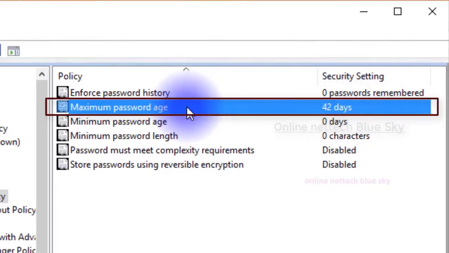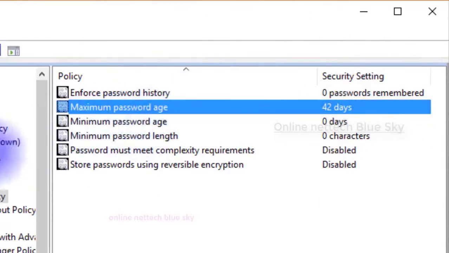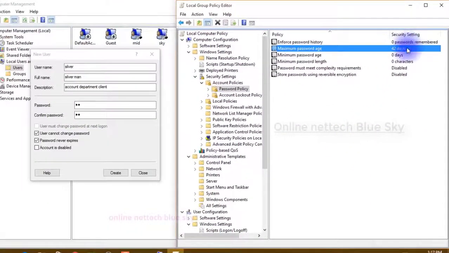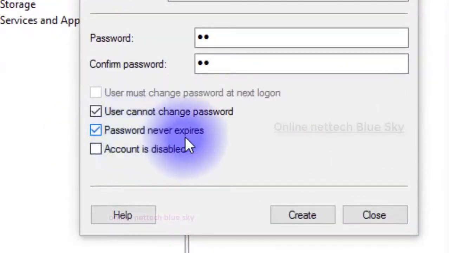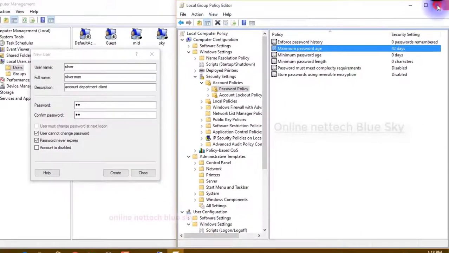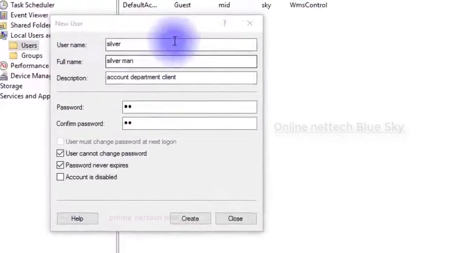You can change it from 42 days to 55, anything you like. I will show you in some video, but I'm just telling you why "password never expires" is used.